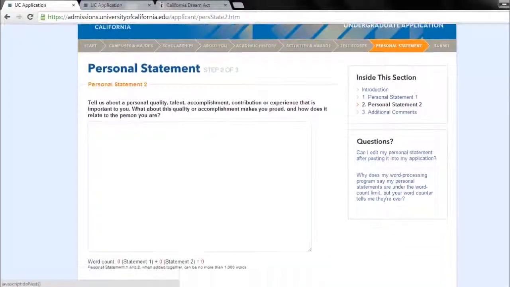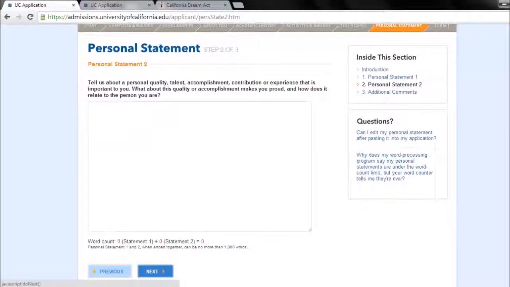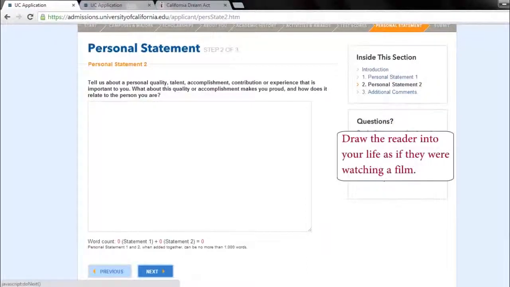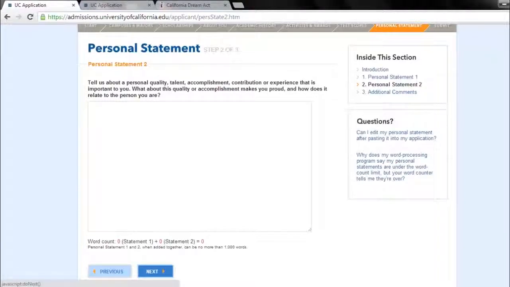The second prompt here says, tell us about a personal quality, talent, accomplishment, contribution, or experience that is important to you. What about this quality or accomplishment makes you proud, and how does it relate to the person you are? So this is a chance for you to get a little bit more personal, really draw the reader into your mind, into your life,